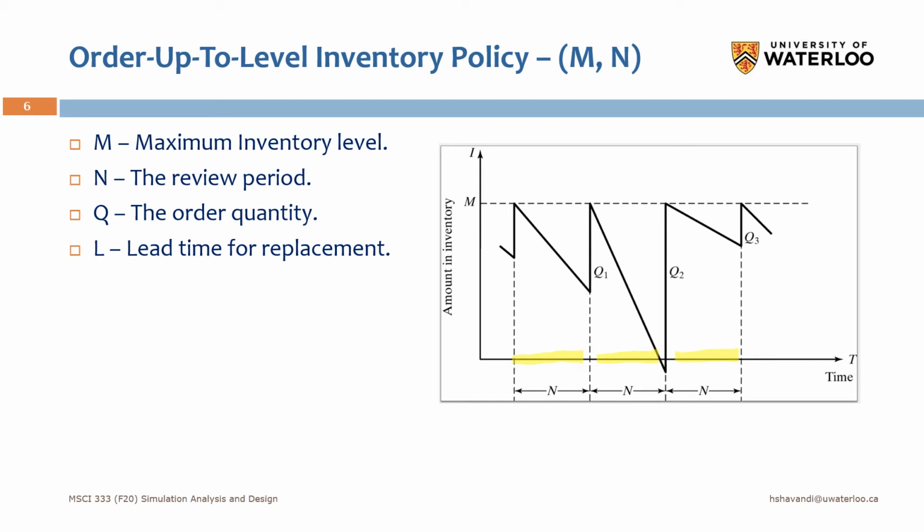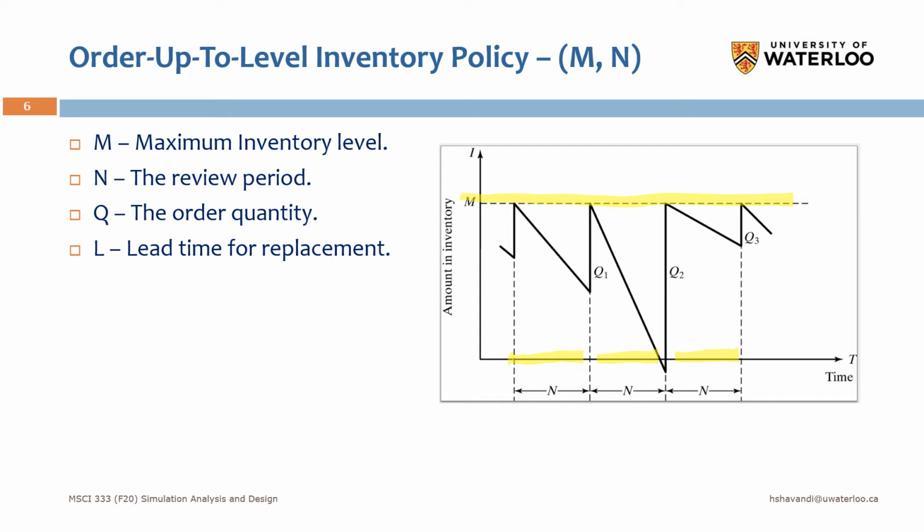Let's say here our time unit is days, so every n days we are going to place an order, right? And the quantity of the order at that time will be the difference between M, our maximum inventory level, and the current inventory level at that time, and then we will order up to M